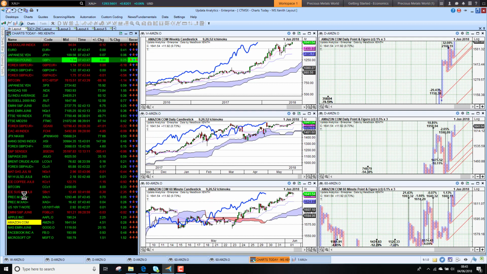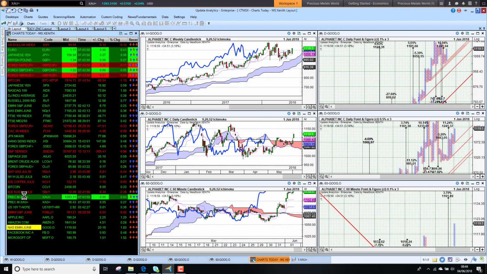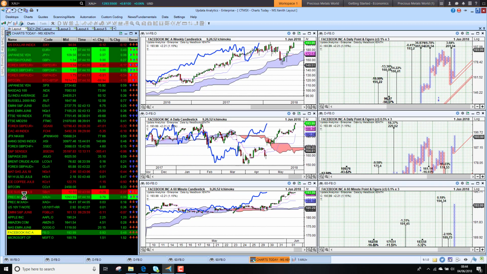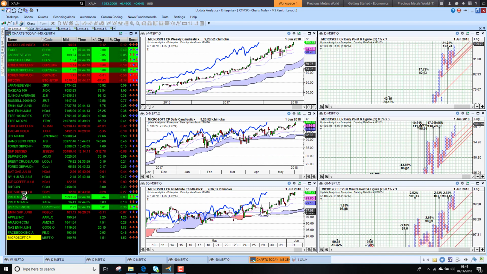Amazon, much the same, just pushing higher all the time. Google, which has really been lagging the market, actually did have quite a good performance, up 3%, so jumping higher, and that's taking away one of the major concerns of the market. And Facebook pushing higher into that 190s area now, so also just making new highs, which is looking good. And Microsoft at last has broken the $100 mark, so that is significant. New all-time highs there,